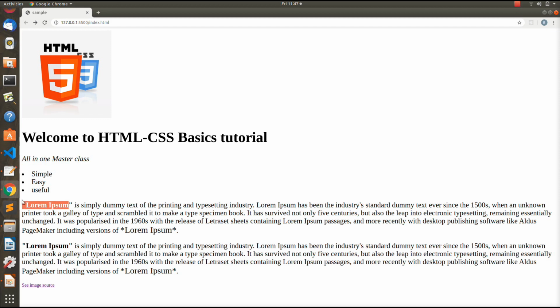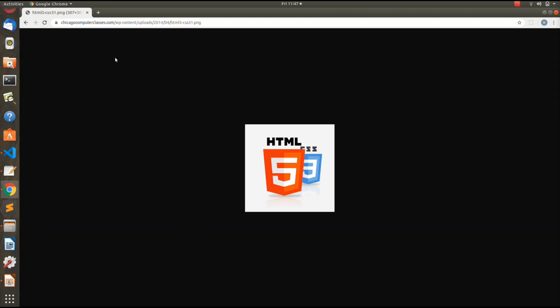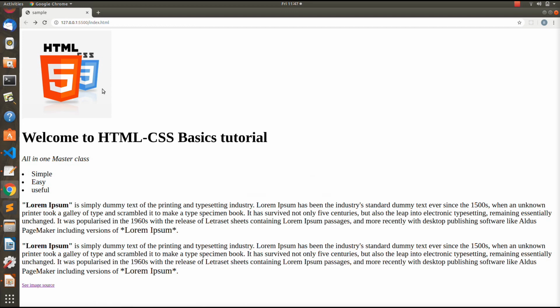This should be bolded, and also I have created this list here. Another thing is that I have included this anchor tag here, which on clicking takes me to the page source of this image I have pasted here. So I will provide the link to this image in the description box.